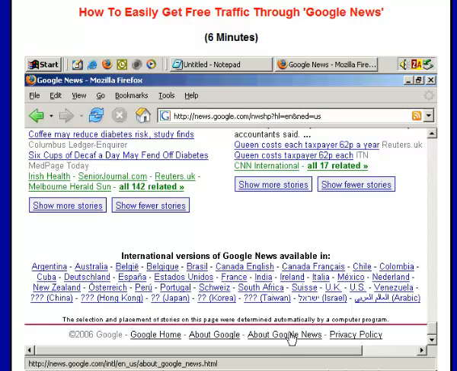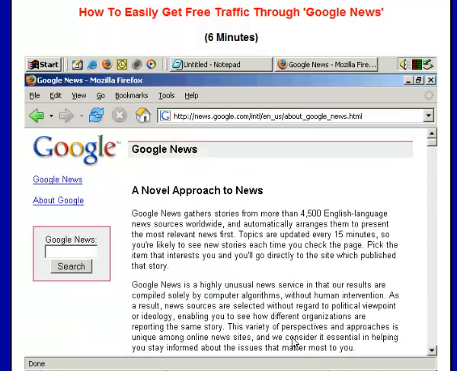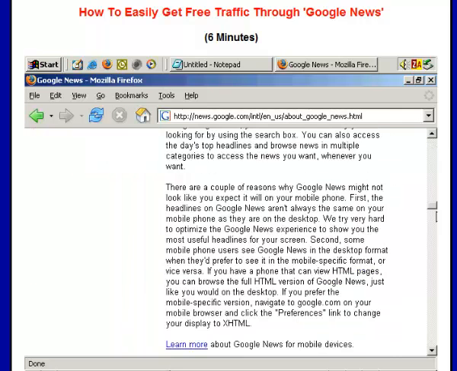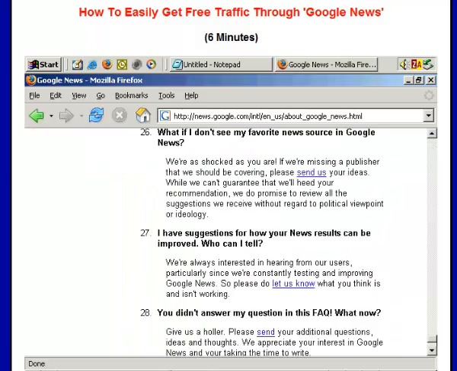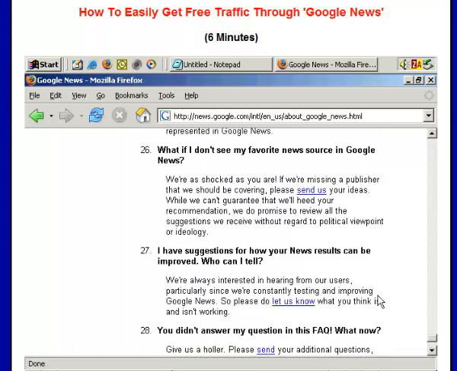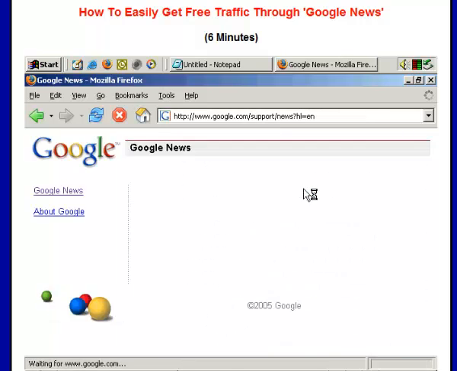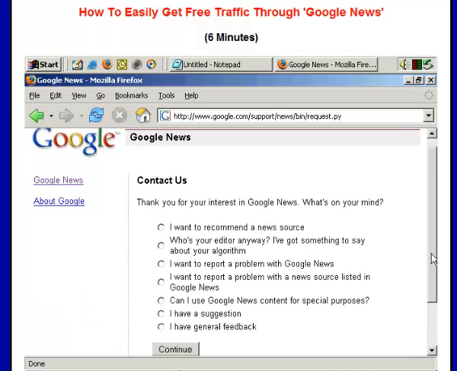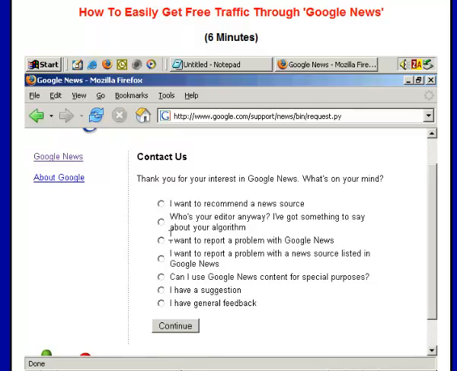If we click that, and this is quite a long page, so I'll scroll down, and at this item, number 26, 'What if I don't see my favourite news source in Google News? You can get in touch with them here and suggest a news source.' I want to recommend a news source.